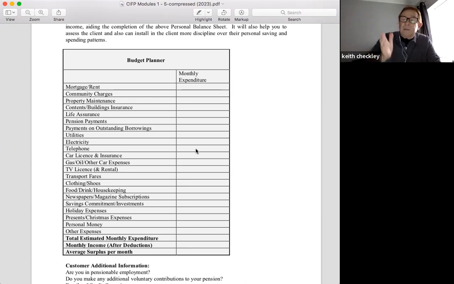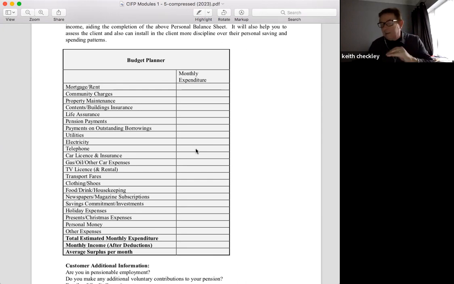But it's the same. So all the expenses will be deducted from the sales position, and then at the bottom of the income statement, we're hoping to see a profit, just the same as we can see on the screen there. When we're looking at the budget planner, we're hoping to see a surplus position. So keeping that in mind, once again, as a refresher from last week, let's return to the John Edwards case.